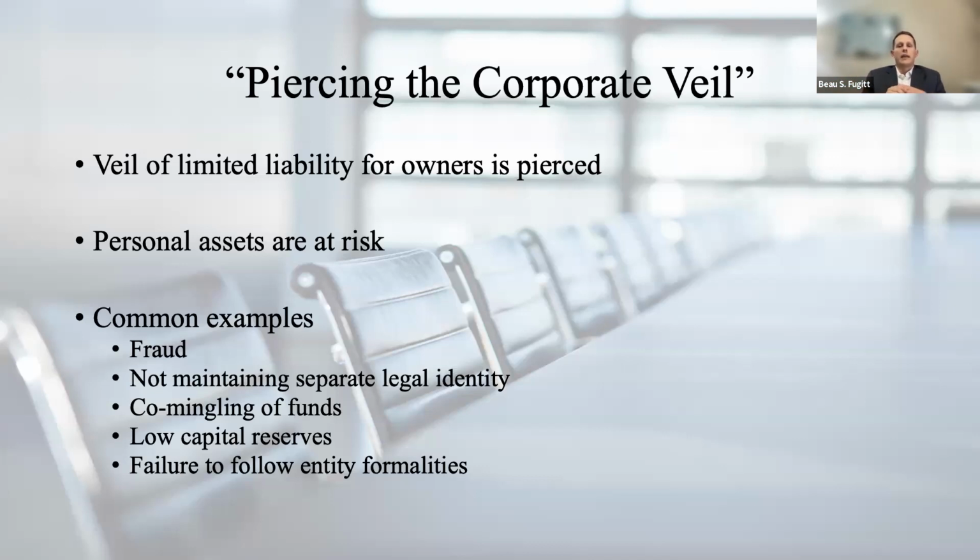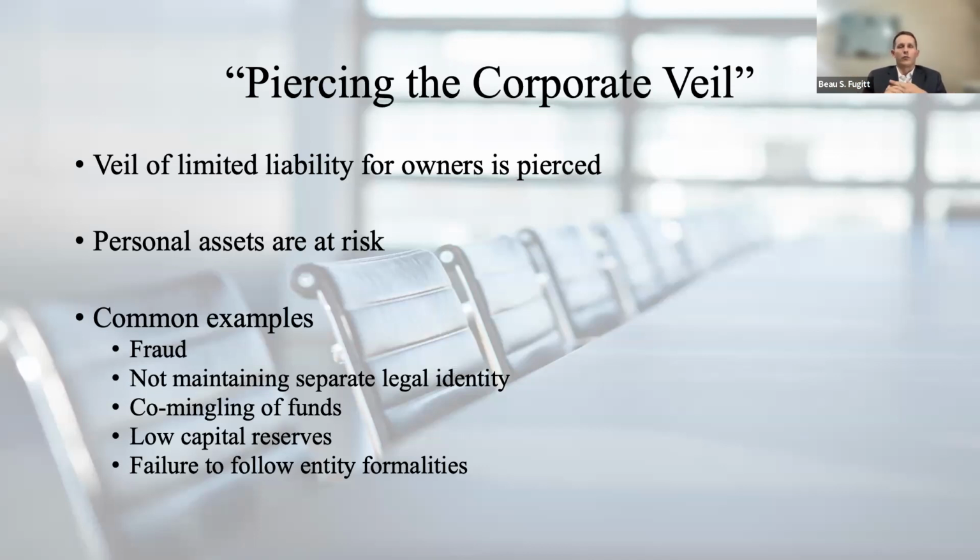Another reason would be not maintaining separate legal identity, right? So let's say you have LLC A that has equipment, trucks or something, and you start using the equipment of LLC A to conduct the business of LLC B, and there's nothing put in place like a lease of that equipment. You just start mixing everything all up. Or you've got this property over here and this property over here, and you start taking the revenues from one property to directly pay for the expenses of the other, held in separate LLCs. That would be another situation, right? Failing to separate legal identities would be referred to as the commingling of funds.